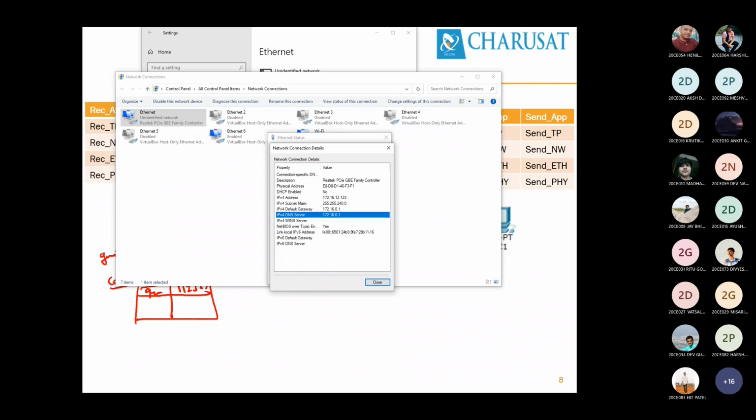Because we have configured our periphery router, which is available in the main cell, which also acts as a gateway as well as having DNS server capability. This is known as a cache on the server. The DNS server is a cache on the server. So it will keep those entries for a certain duration of time, 3 or 4 hours. After 3 or 4 hours, it will again contact the DNS server to get those entries.